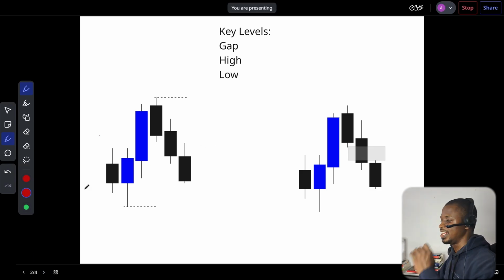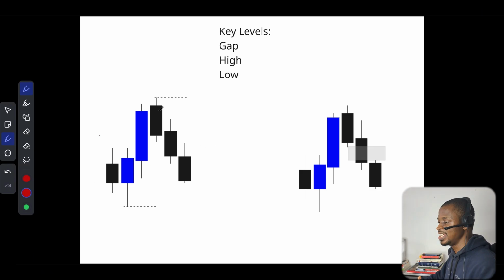So what is key level? Some of you may be asking. Key level on your chart, especially on the daily time frame, can be a swing low in this case and a swing high above. You understand? So basically, you are waiting for price to move towards any of the key levels. When price is at this critical level, price has traded from this level, moving towards the downside. At this point, you don't want to jump into the market anymore because the majority of the move has already happened. You understand? So you want to wait for price to go towards any of the external levels,